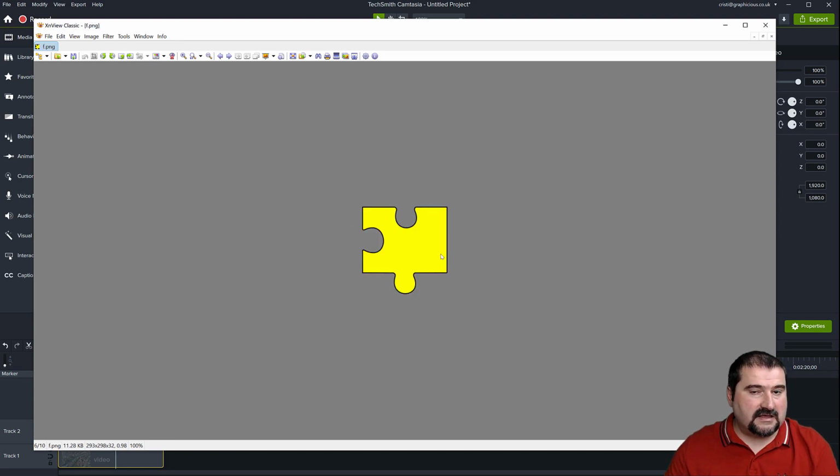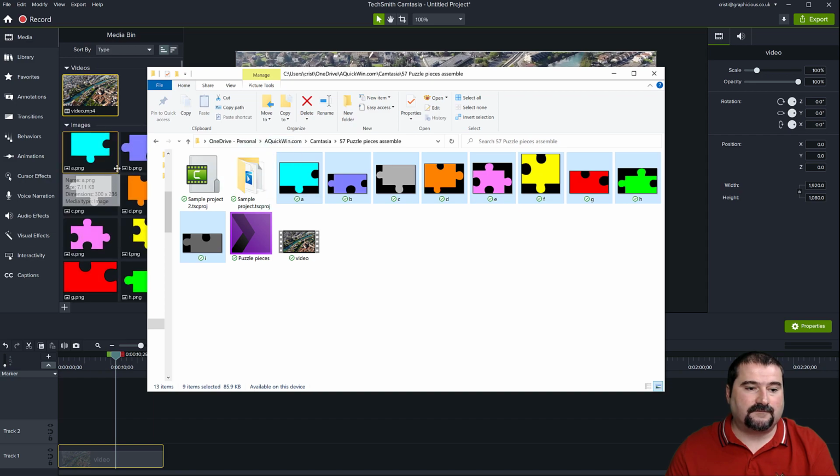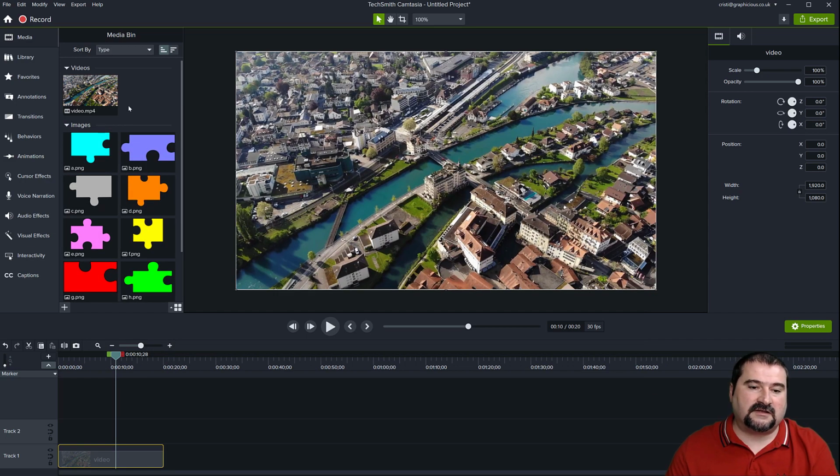And the key is that they must have alpha. They need to be with transparency. They need to be transparent PNGs. That's how you export them from whatever program you're using to create your graphics. And it doesn't have to be puzzles. I mean, you can make other shapes, other types of puzzle images. And this one has like 9 pieces. So I'm going to import all of these images to my project, put them in there. Okay. And now we're doing everything in here.